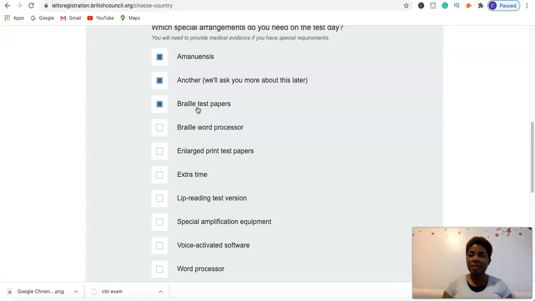The type of paper that has raised points or dots on it that they have to touch to read it. A VR word processor, in case you need equipment where you type and speak or something like that. They have this equipment that helps them in terms of processing words. Or enlarged text papers, or you need extra time, or if you are deaf, you need lip reading